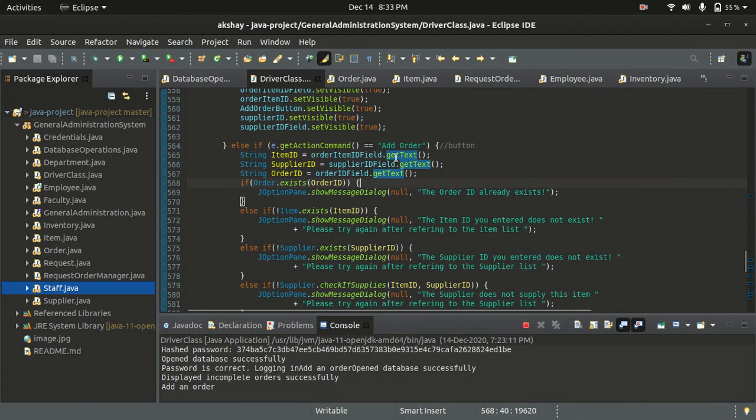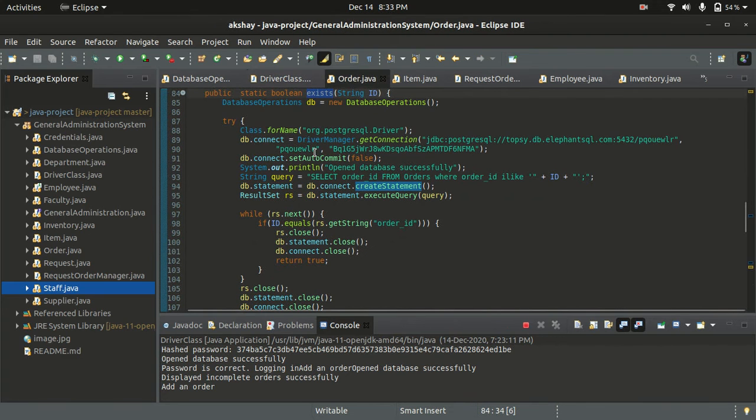So first we check if the order exists or not. For this we use a static function exists of class order. So order ID is passed in this exists function. It is connected to the database, and the query is select order ID from orders where order ID like ID.